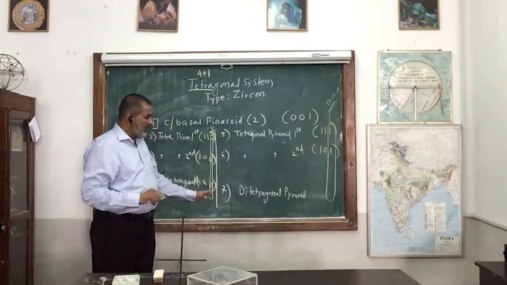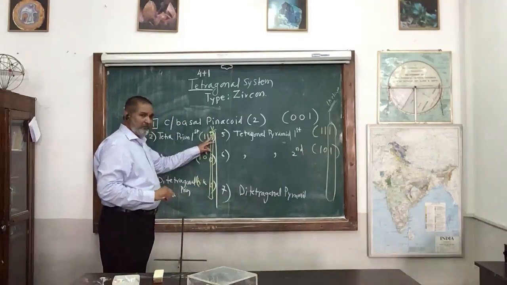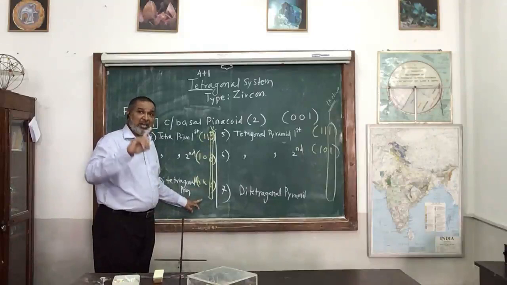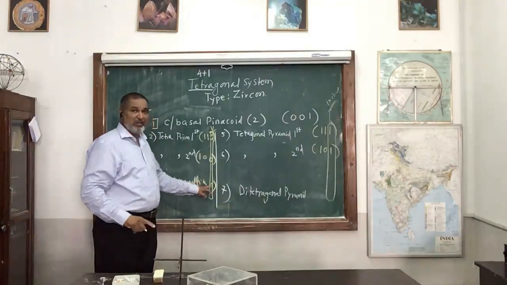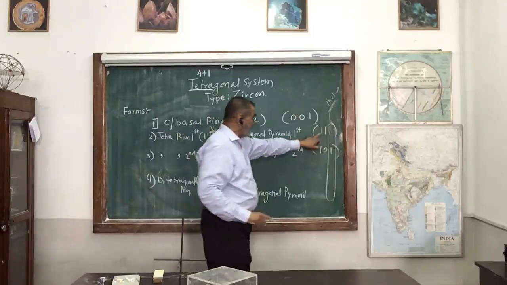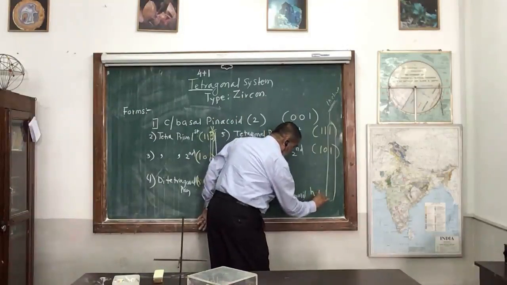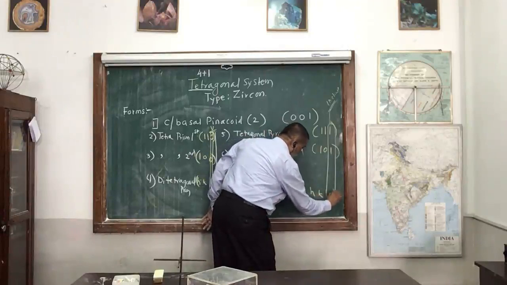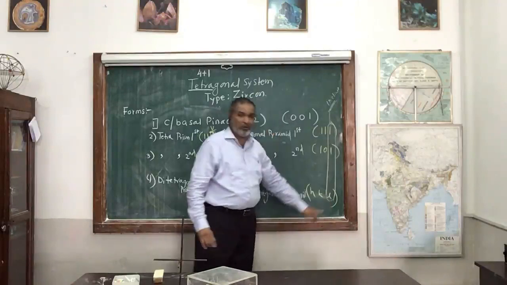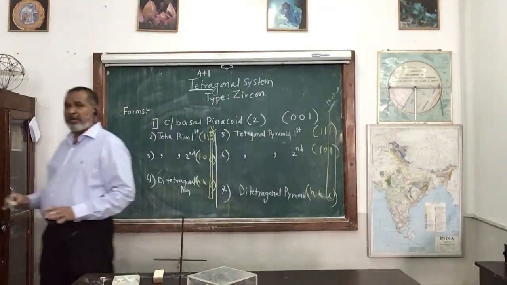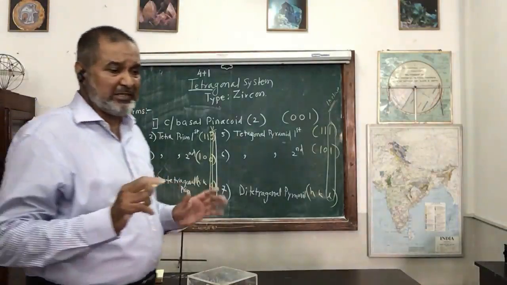Now the next one is the ditetragonal pyramid. You can see now when it is 1, 1, 0, when it is a di, they are cutting at unequal length. So here two axes are cutting, so we write HK. But when three axes are cutting, we have to use the symbol H, K, L. H for a shorter distance, K for an intermediate distance, L for the longest. This is the simple way to remember the indices of the tetragonal system.